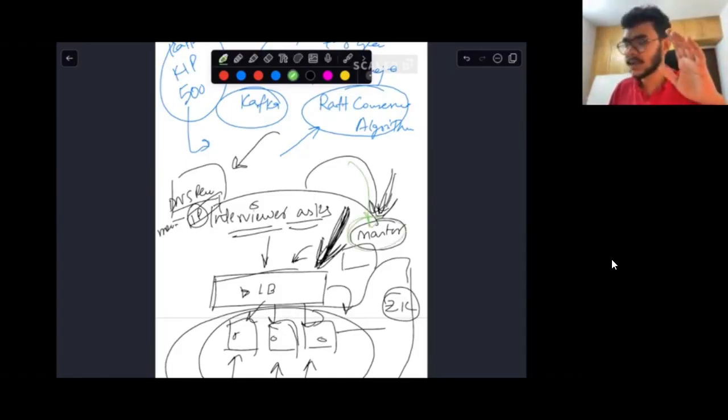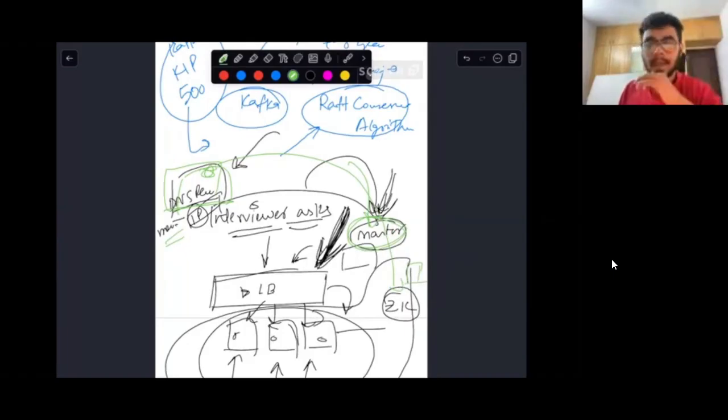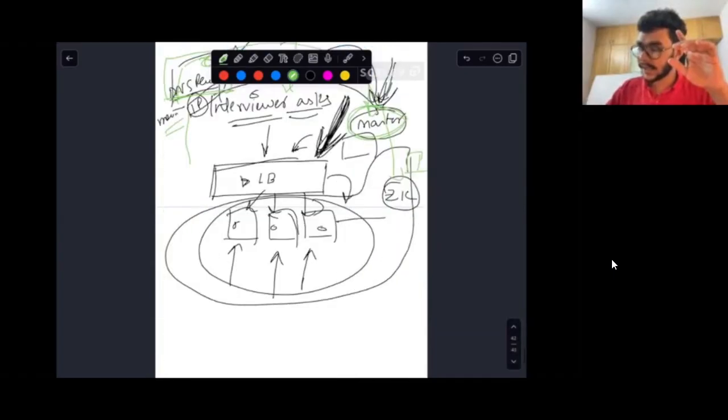Now, let us say there's a problem. This master machine is no longer alive. So now you need to change your DNS record for this master load balancer. How can that be done? You can have a watch in your DNS server for the same Zookeeper. As soon as you get an event that a master IP has been lost, your DNS record will know that it cannot send the request to the same machine, and it can then notify these Zookeeper clients, these other machines running behind the load balancer.